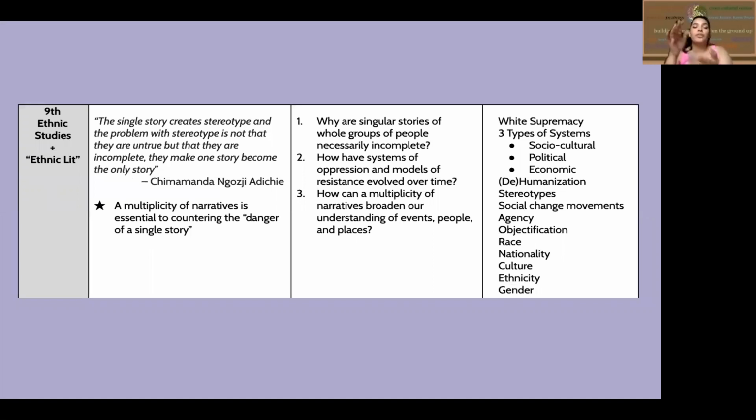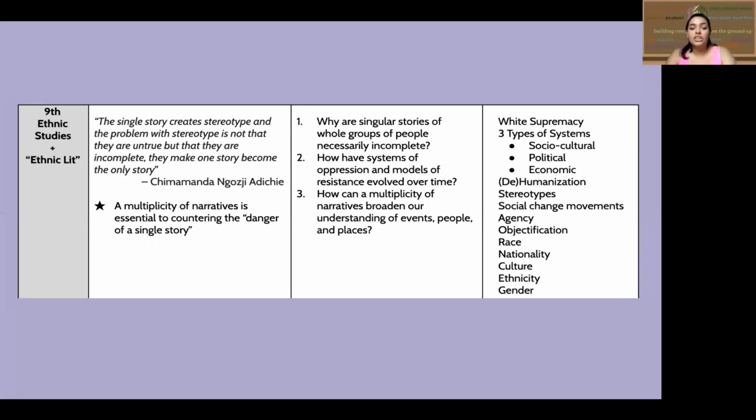So the same thing would happen 7th, 8th, and then in 9th grade would be when they take the actual 9th grade ethnic studies course and an ethnic lit course, so an ethnic literature course. In this one, it would become more complex vocabulary that they would be learning. So they'd be learning white supremacy, the 3 types of systems, dehumanization, humanization, stereotypes, social change movements, objectification, race, nationality,